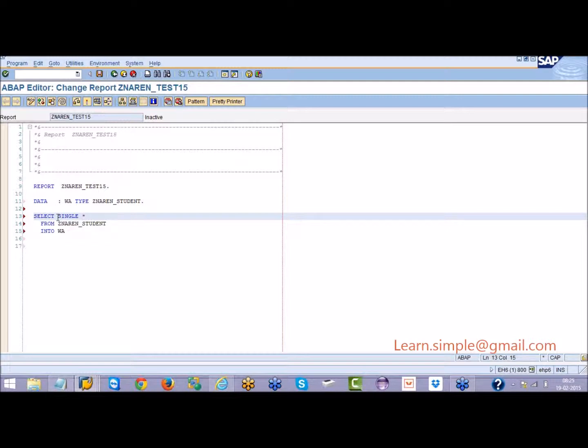Single means one record. If you don't give single here, the system will assume that you may bring more than one record. So whenever you are putting data into the work area, make sure that you say single here, star stands for all the fields, from the database table name, into the work area.